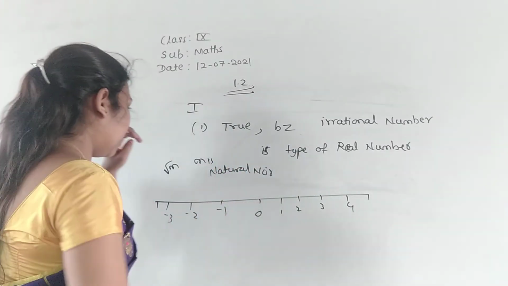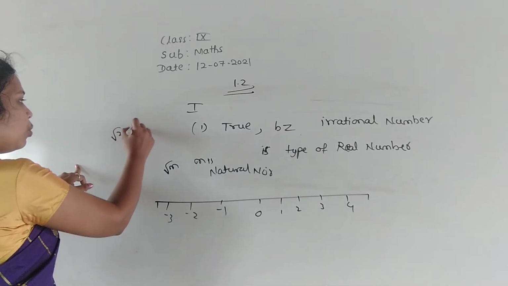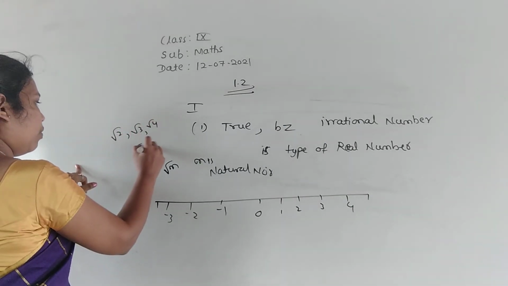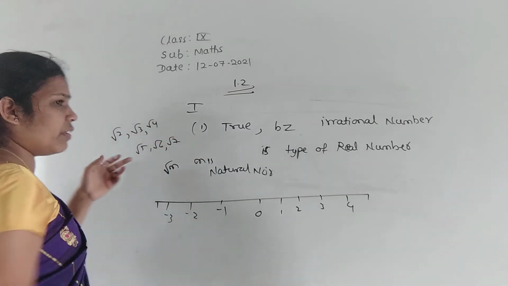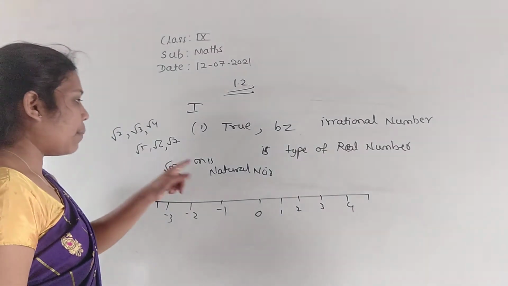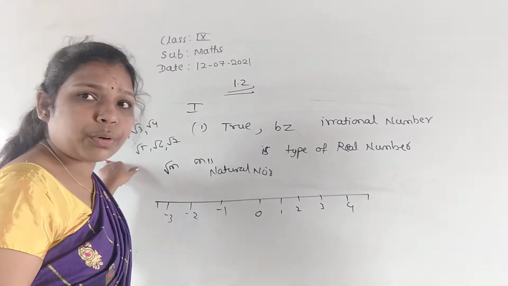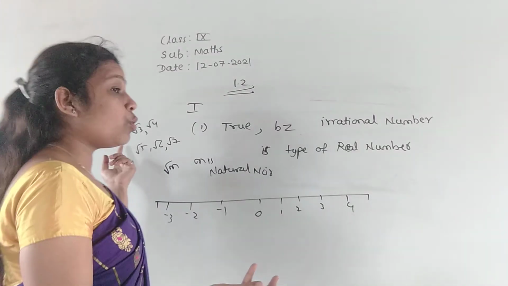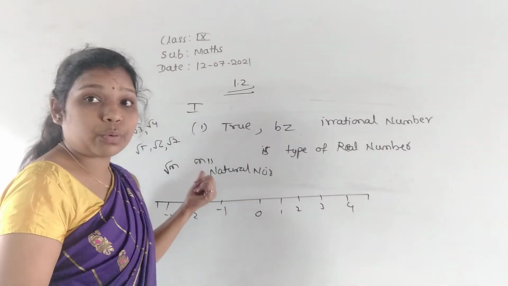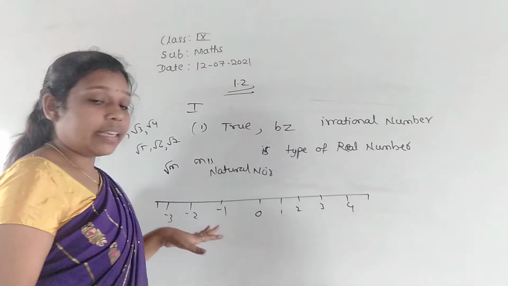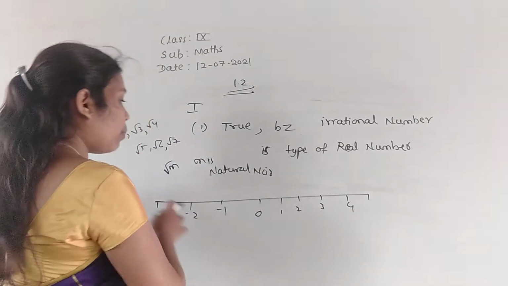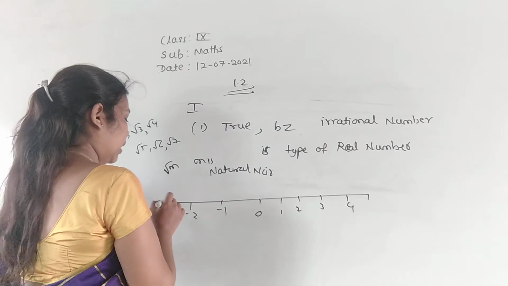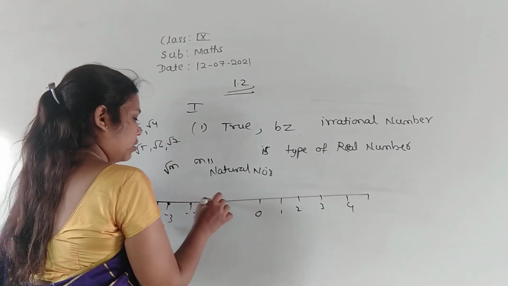Right? See here, natural number means we can take root 2, root 3, root 4, root 5, root 6, root 7, whatever numbers we can take. M is a natural number means we can take any number from 1 to infinity. So that means here root 2, root 3, root 4, root 5, root 6, right? They are telling here every point on the number line. See here, these are all the points, right?